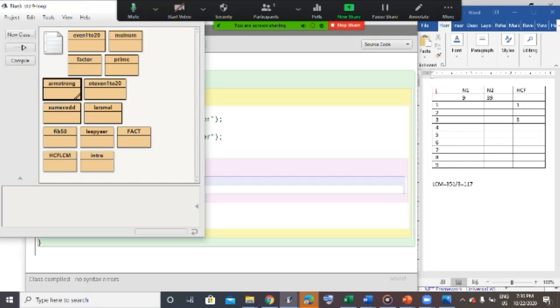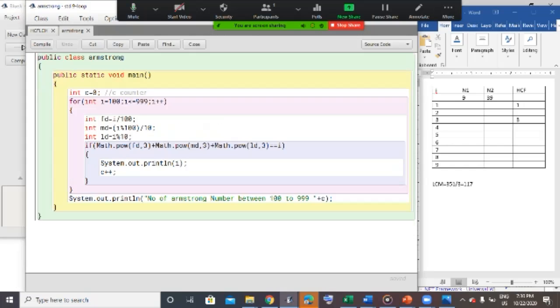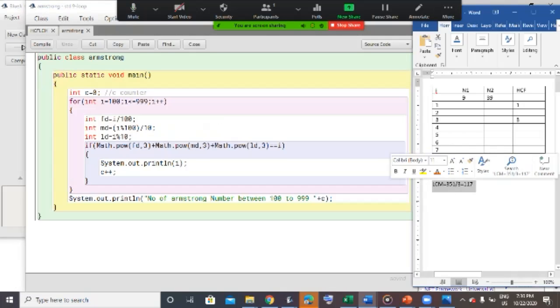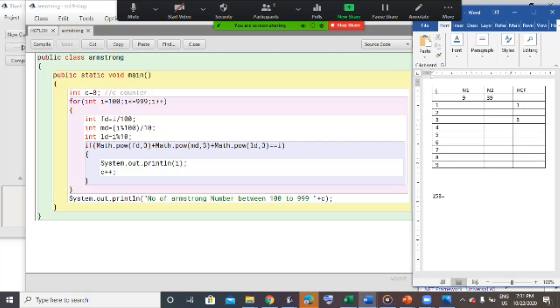Now the next question that we'll do is the Armstrong number. Now what is an Armstrong number? An Armstrong number, for example, is 153. The logic of an Armstrong number is that the sum of the cubes of the digits of the number is the number itself.